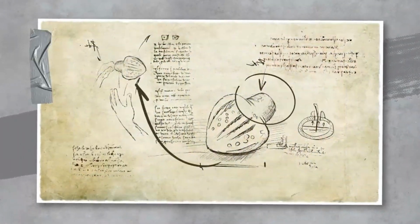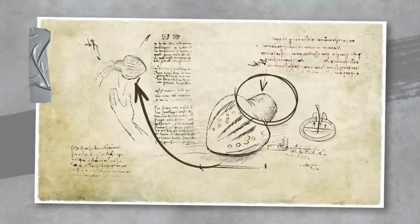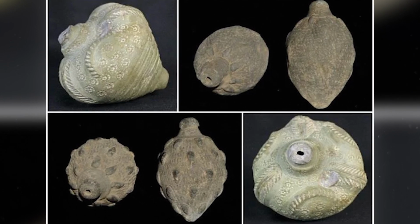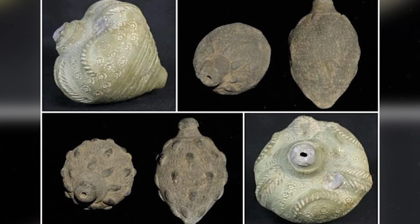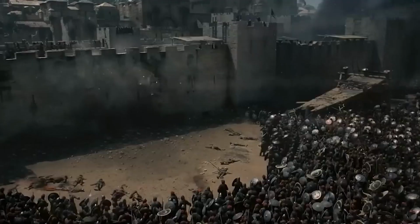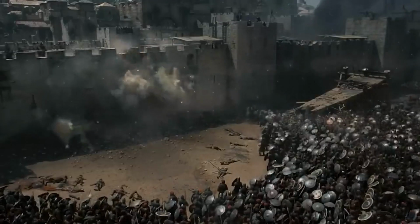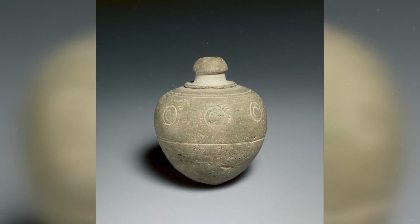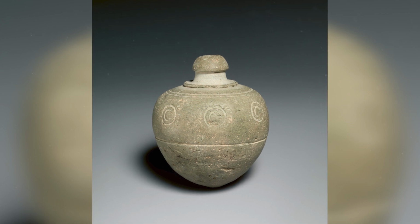Grenades. Now let's talk about ancient millennium-old hand grenades. We have some interesting information for you. Recently, scientists examined a ceramic vessel from Jerusalem dating back to the 12th century and discovered certain chemical residues on it. These chemicals had explosive properties. Most likely, the vessel was something like a medieval hand grenade thrown by Saladin's forces during the siege of Jerusalem